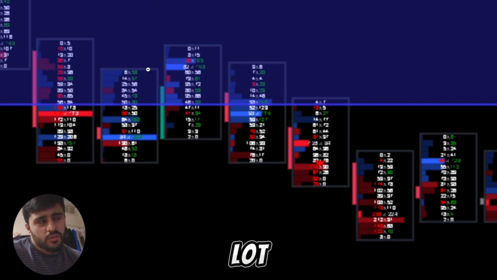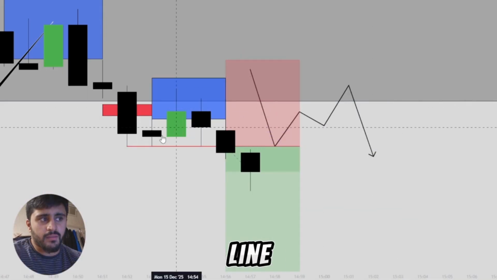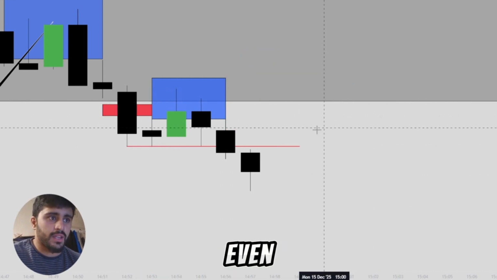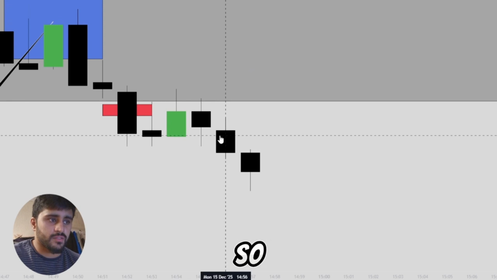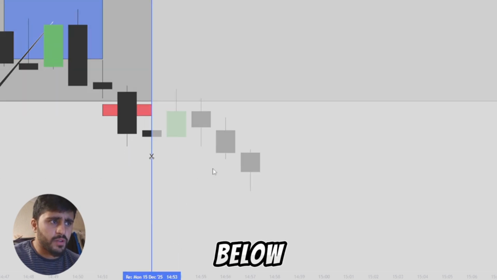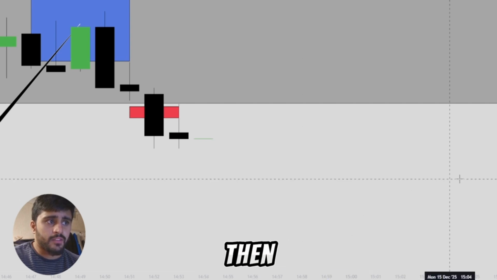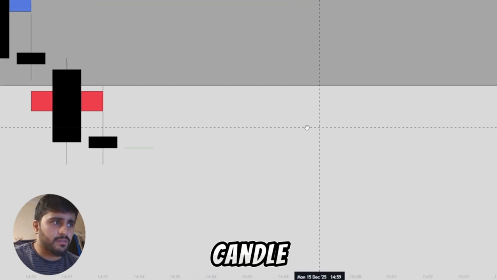Now when we see a lot of blue inside of these candles here, what does that mean? So 1, 2, 3, and then we break below that red line that I drew, the break line here, right? 1, 2, 3. So I'm just going to draw an even clearer image of this. So we break below the zone. Over here we have one candle and then two candles. Now this second candle gets us